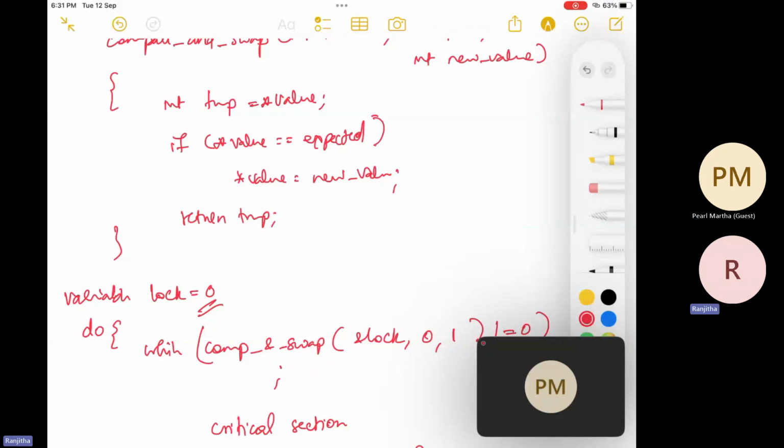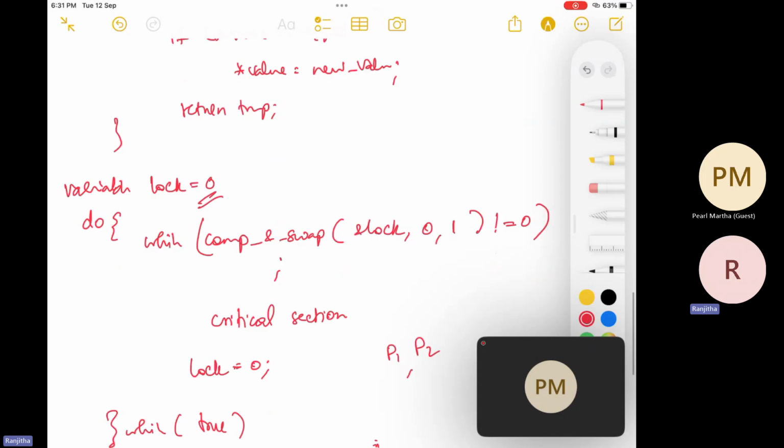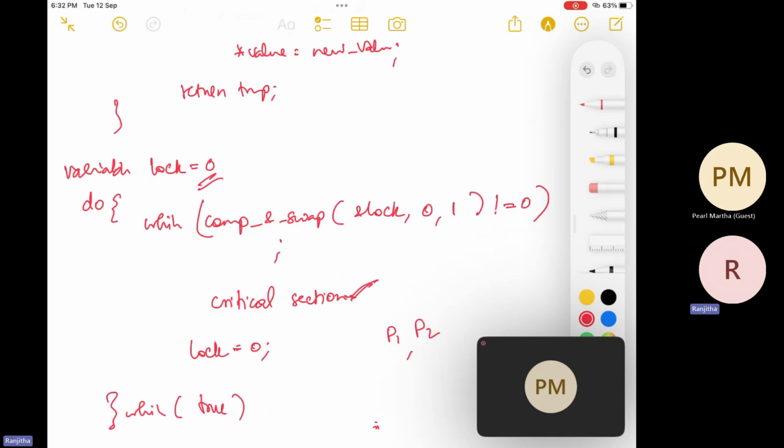And then the new value of lock will be set to 1 and the old value 0 will be returned. So while not equal to 0, it is going to busy wait, but currently we got the value as 0, which implies that this is entering the critical section. Now, when P2 comes, P2 will again call like this only, lock 0, 1, but at that